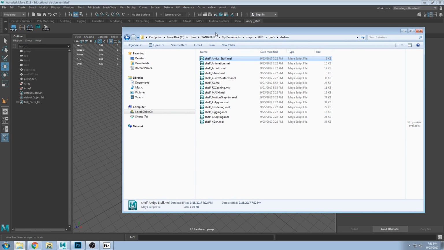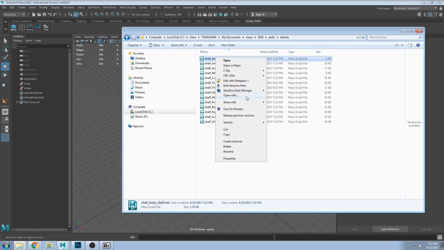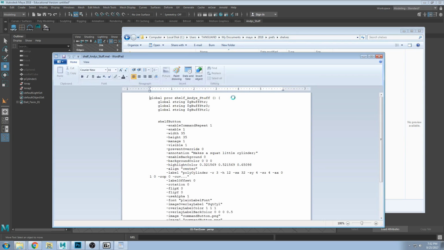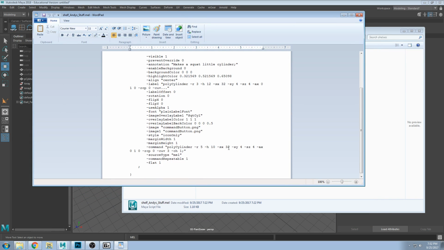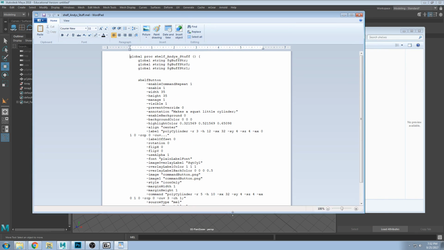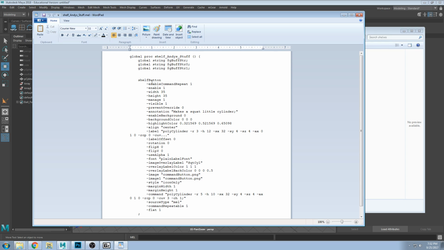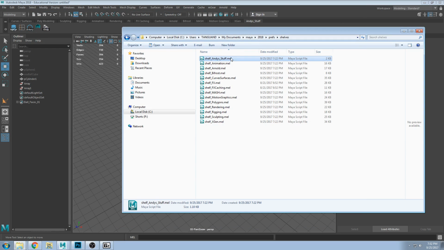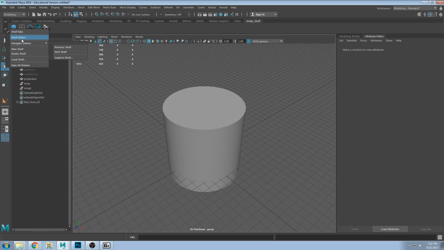Yeah, see, so the actual shelves are even created with Mel. So if I went in here and I opened it up with a text editor, I think I'm launching another copy of Maya. You can see it's just Mel, like we were seeing before. So shelf button, so it creates a button, makes a squat little cylinder, blah blah blah. So I guess a good way to do this would be to copy this to my desktop,